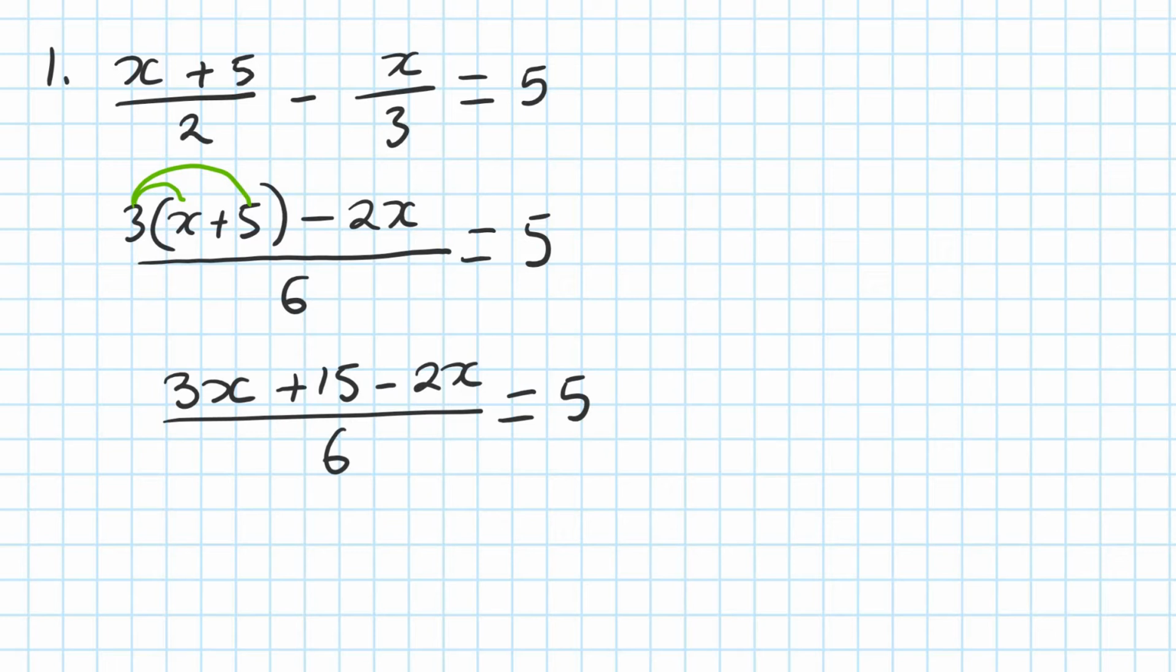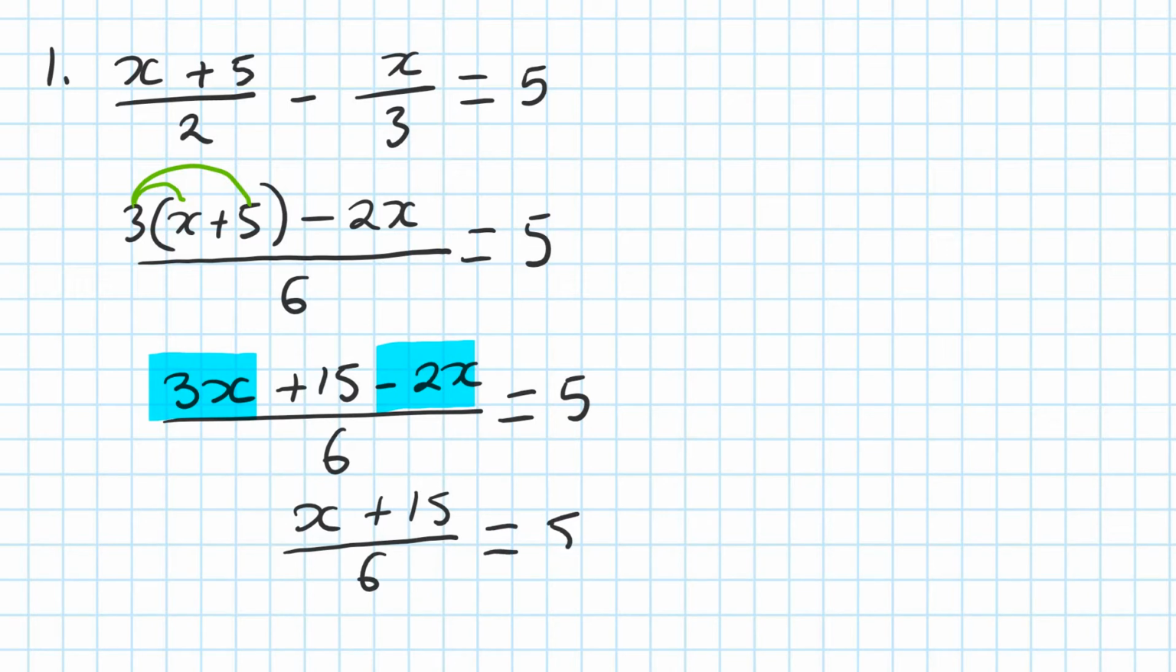Now, what I do next is I collect like terms. So to collect like terms, 3x minus 2x, the answer is x, right? So which is x. And plus 15, I just write it down first, all over 6 is equal to 5. Okay, then what I do, I get rid of 6 first, because (x + 15) all over 6 means divide